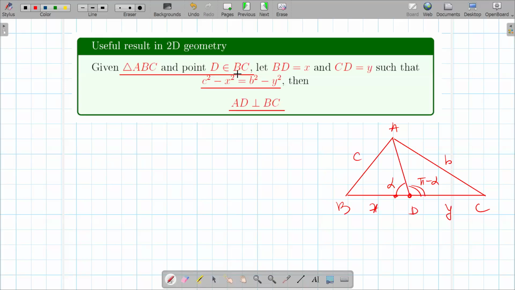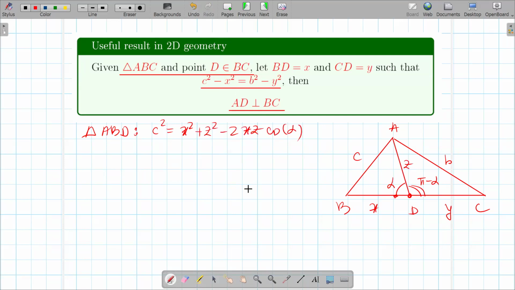See, in here they're saying C squared minus X squared. That should make us think, how about we look in the triangle ABD, this little triangle right here, and we can write the cosine law, using angle alpha here, no? So C squared is equal to X squared plus Z squared, let's say this is Z, minus 2XZ